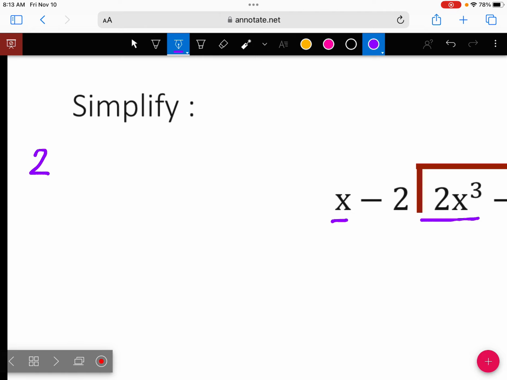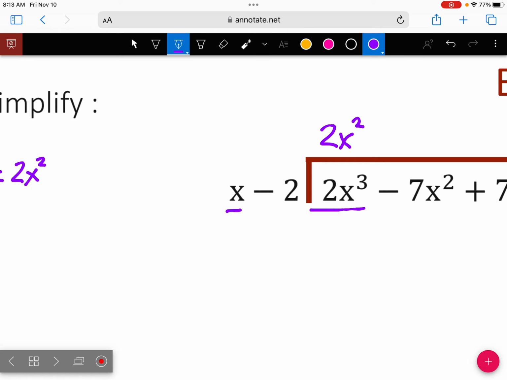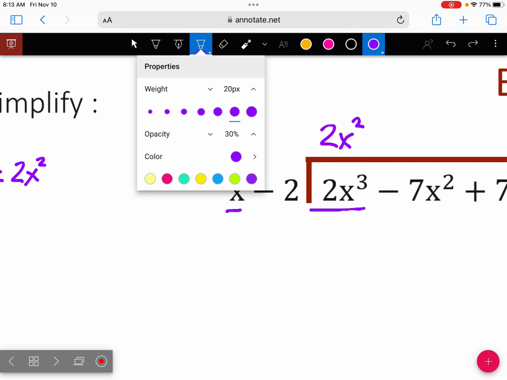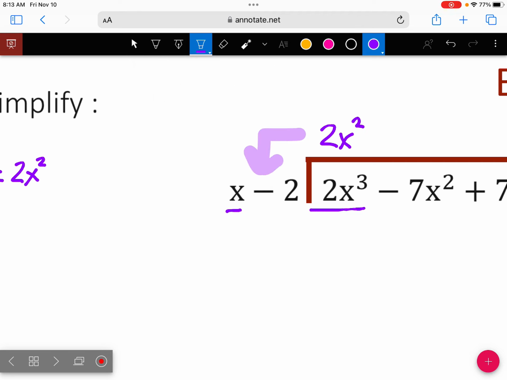We're going to do a little baby fraction. 2x cubed divided by x. What do we have left? 2x squared. That's what goes up top. We take our 2x squared times the whole factor, and we put it underneath. 2x squared times x gives us